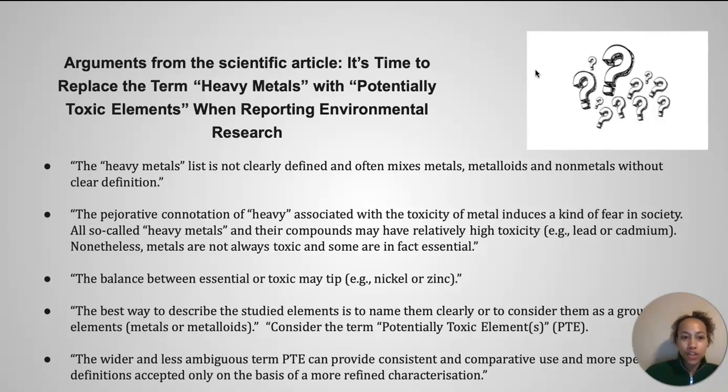When I first read Chapter 10, I was a little bit confused on the difference between transition metals and heavy metals, because the reading mentioned both terms, but it didn't fully explain the difference between the two. So I did some research of my own to figure this out, and I learned that these terms are not interchangeable. Some heavy metals are also transition metals, such as iron and copper, but others like lead and mercury are not.